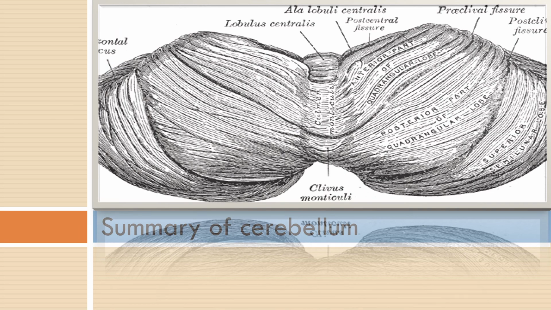So, summary of the cerebellum. In part 1 we learnt the anatomical subdivisions. In part 2 we learnt the morphological and functional subdivisions and also the peduncles in detail. We have also learnt the afferents and efferents of the cerebellum. So watch both the videos of the cerebellum so that you will be able to present the answer if the cerebellum is asked in the exams.